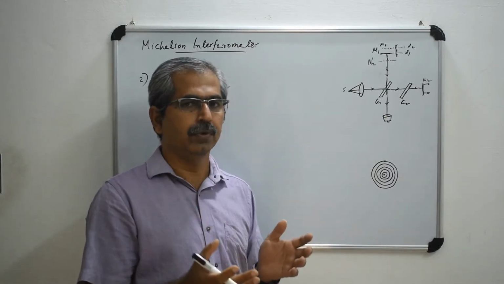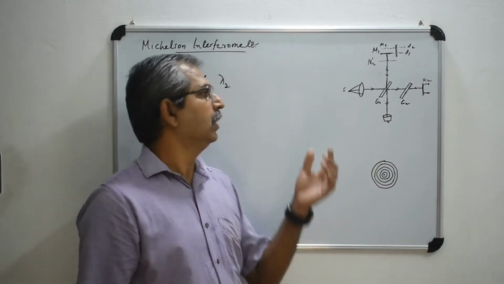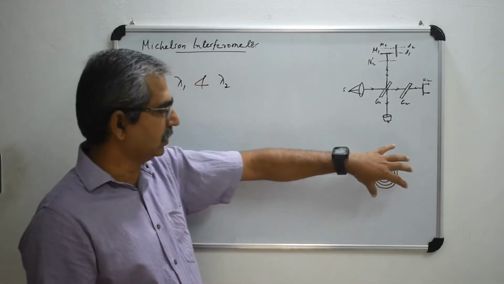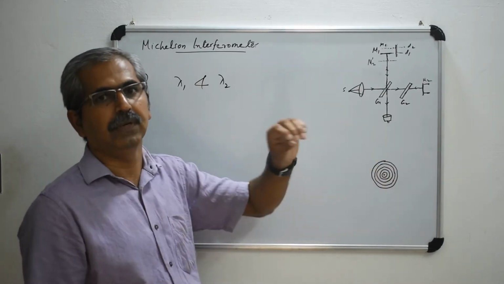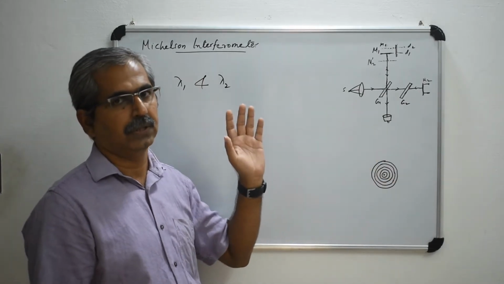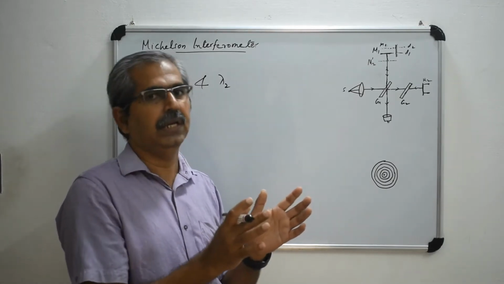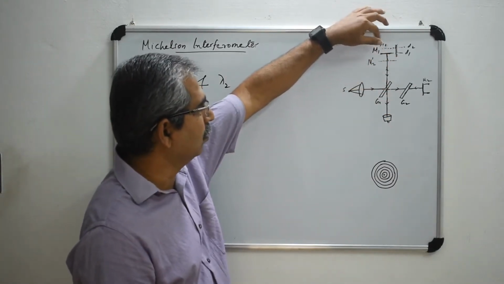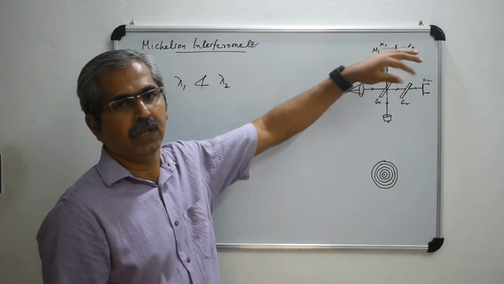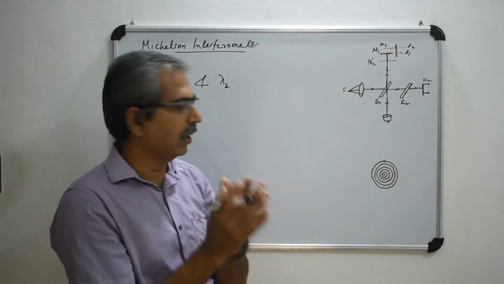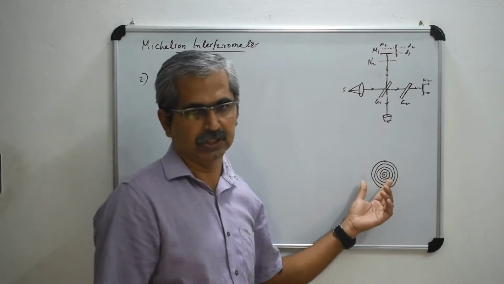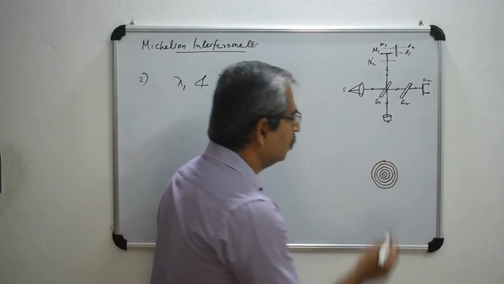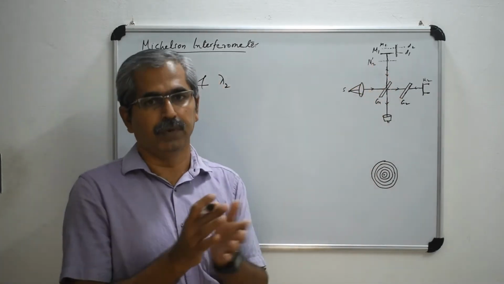They will produce their own interference patterns. Now see what will happen. The ring systems will definitely overlap, so we cannot easily take the measurement. So what is done is that by moving the position of M1, you arrive at a position where you have a very clear ring system. That happens when the two fringe systems overlap.